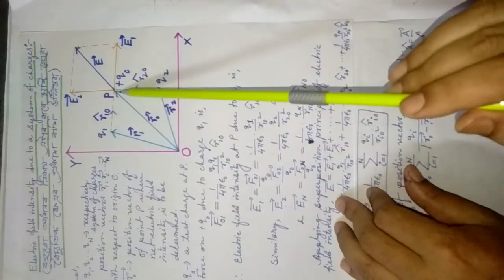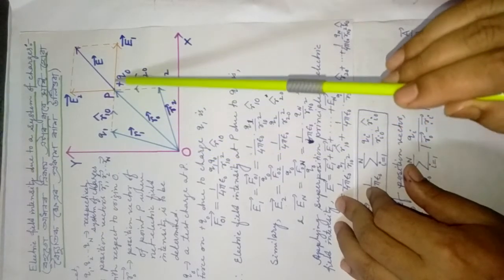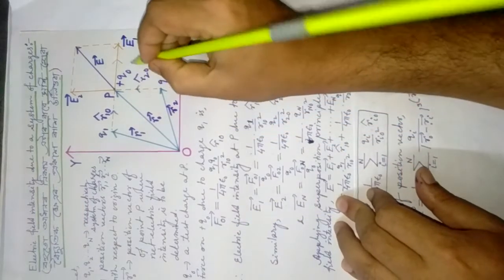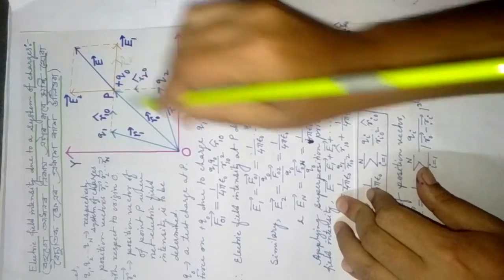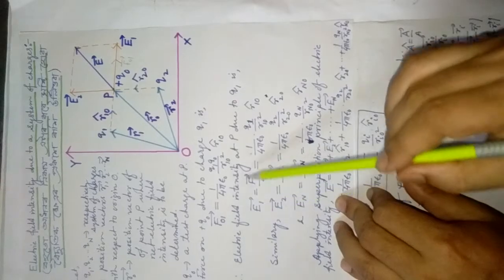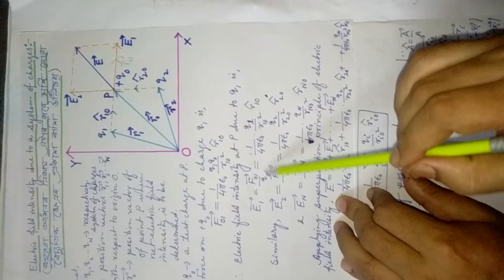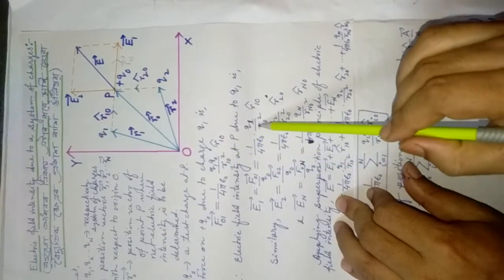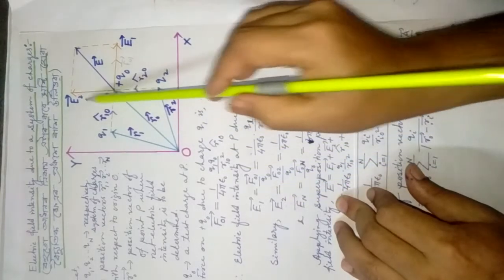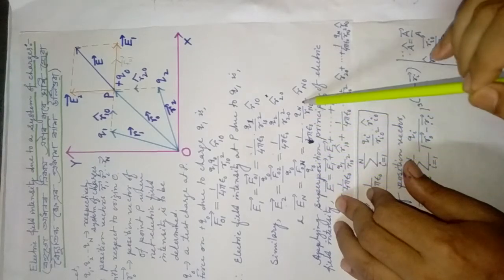Now force on Q0, I have already mentioned, force on Q0 due to charge Q1 is F01. F01 will be along this direction, F01 bar. Now electric field intensity at P due to Q1, you know the formula, all of you know the formula. Electric field intensity is equal to F by Q0. Here F01, that means Q0 cancels, this is the value. Similarly, due to Q2 it will be E2, and this is the value. Similarly for the nth one also you will get this.